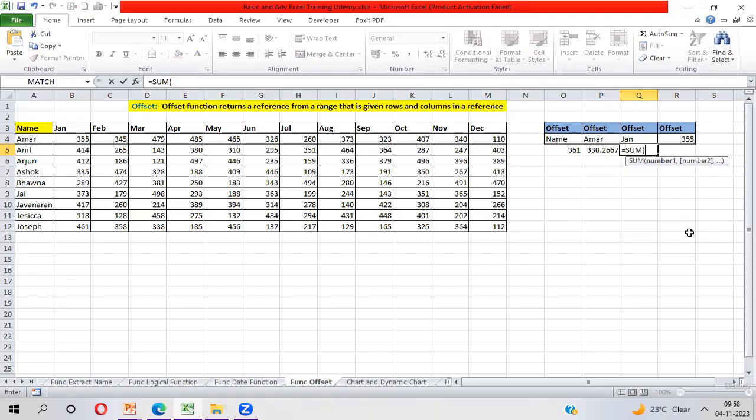We can apply the OFFSET function with VLOOKUP, COUNTIF, SUMIF, everywhere. The OFFSET function gives you only a cell reference or range, and a range is used everywhere. In any function, you have to work on a range or cell. If you are applying the AVERAGE function, SUM function, VLOOKUP function, everywhere you have to take a range. That's why the OFFSET function is very useful. It can be used with any function.